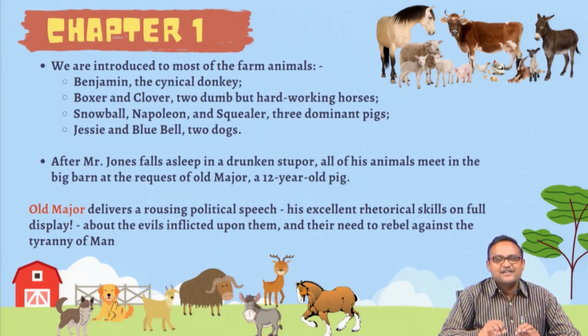In fact, he is considered a visionary; all the animals consider him their undisputed leader. So he has sent word that a meeting is convened because he wants to share something important, and therefore all of them gather there. In that speech, it is a brilliant speech. In fact, for those of you who want to read some brilliant speeches, this too comes under that. Please read the entire speech; it runs into a couple of pages.